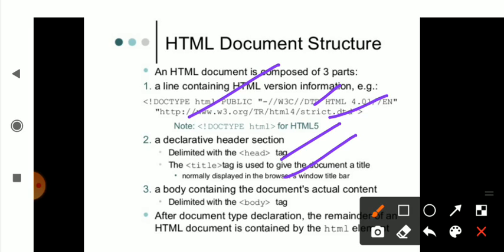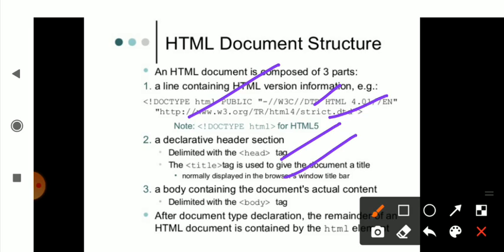Whereas the body contains the document. When I want to write multiple lines or include multiple things in the document, I use the body part. I open with the body, enter and mention all the things, and when everything is over, then I close the body, then I close the head part. The head will not be closed in the beginning, it will be closed at the end. Or if you want, you can close it there, but the HTML part is opened and closed at the end only.